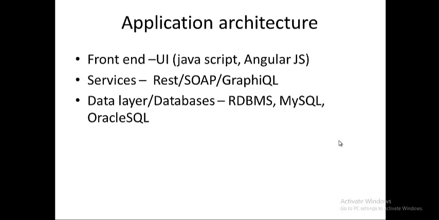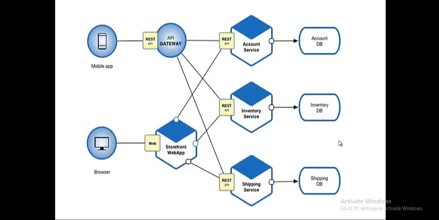So what does a typical application do? It fetches the data from the database, processes it, and displays it on the UI. The services are the core of an application, where the data is actually processed and the logic is performed, and it talks to external systems as well based upon the need. Whatever action you do on the front end, it could be a login operation, a sign up operation, or invoking another URL, everything is an API call.